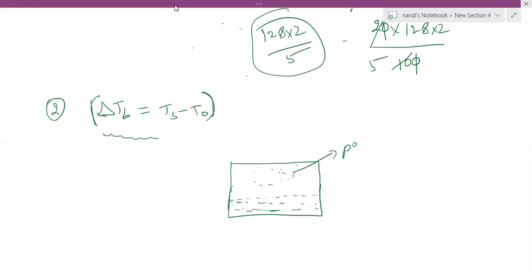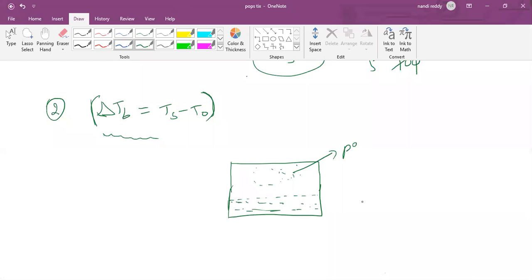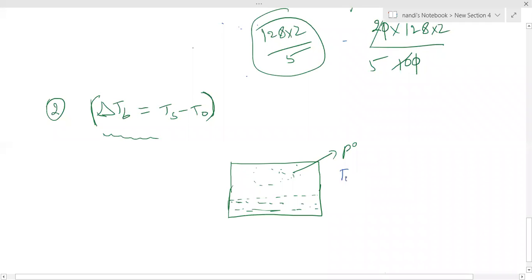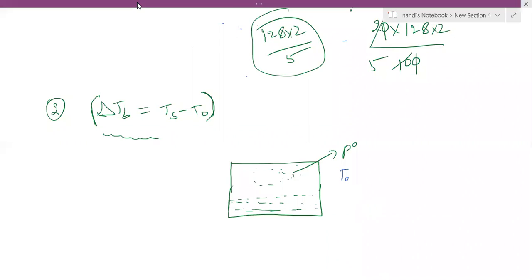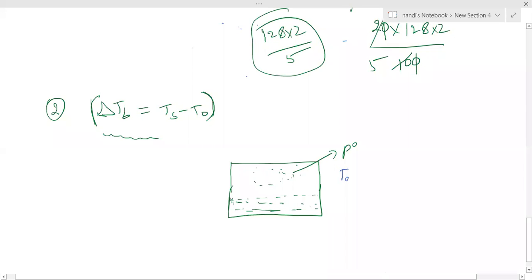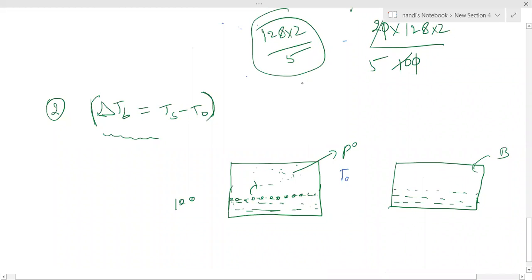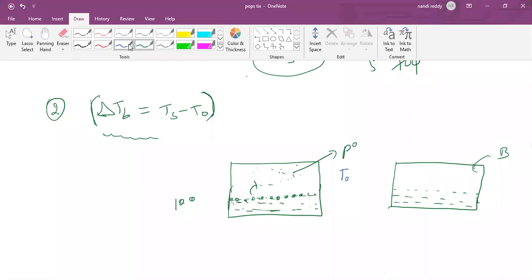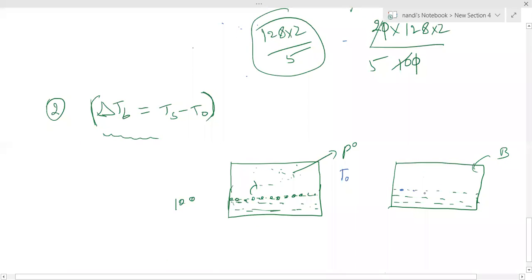And the corresponding boiling point is T naught. Here there are only solvent molecules. Suppose on the surface there are only solvent molecules, assume 100 molecules, that can evaporate. But I am taking the next case, a non-volatile solute containing solution. So we added one non-volatile solute, that is B. When you add non-volatile solute B, it occupies some of the places here.